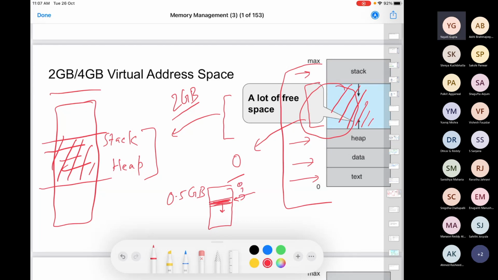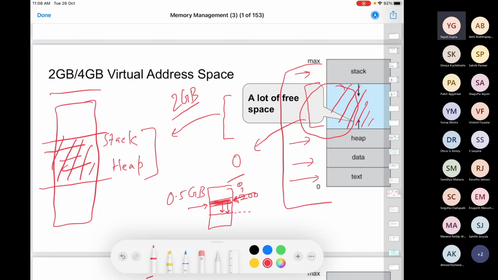So let's say 0, 1, 2, or let's say something like 200. Let's say this 200 was a particular address from where your stack starts, right? And now you want to give it some more memory. So let's say after the stack, you have the heap somewhere here, you have addresses all here. So if you want to grow this process somewhere in the middle, you'll have to push everything down, right? Just like how it happens in an array.